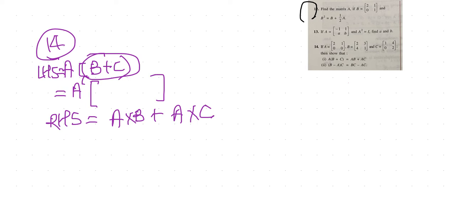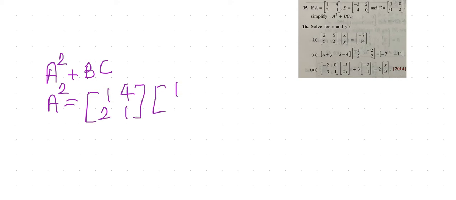Okay, so this is also an easy one, children. So you can be taking this one as homework as well. We'll be moving on to question number 15. So in question number 15 also you have been given a matrix A, a matrix B, and then C has been given. So clearly this is also an easy one, children.